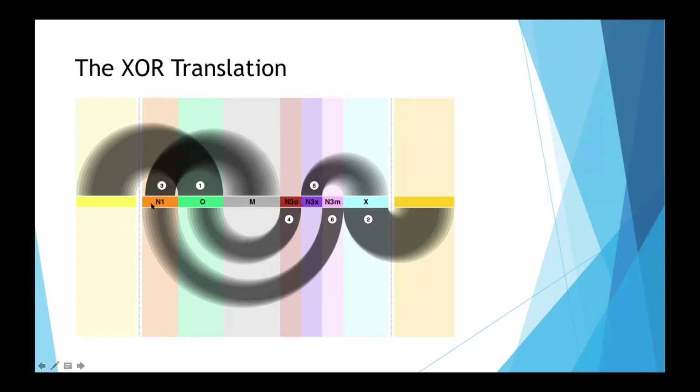You have this N1 domain, which is complementary to both the MS2 protein hairpin domain as well as this N3M domain here. And then you have this X domain, which is complementary to the second oligonucleotide, and is also complementary to this N3X domain. And likewise, there's an N3O domain complementary to the O domain here. And as it turns out, when the first oligonucleotide is bound,